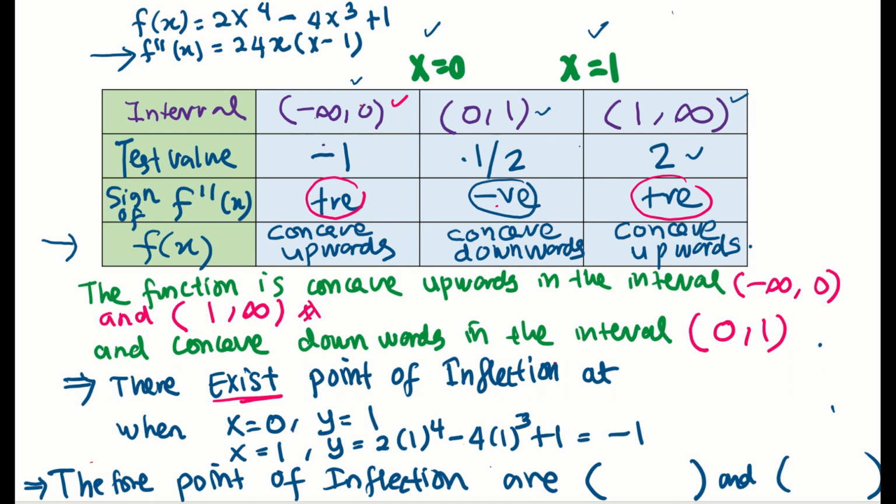So you have to find out, when x equals 0, what is the value of y? y equals 1. When x equals 1, y equals negative 1. Substituting into f(x), therefore the points of inflection are (0, 1),